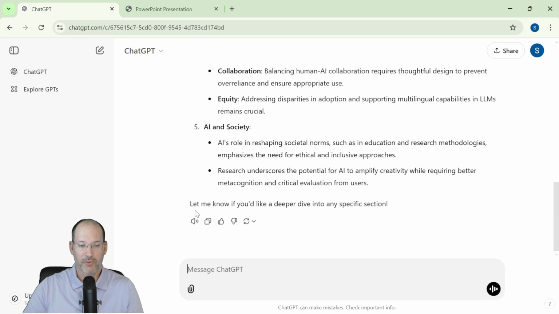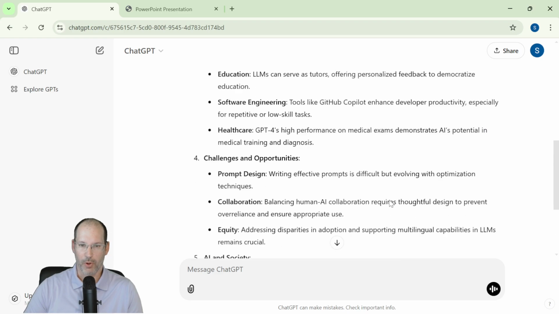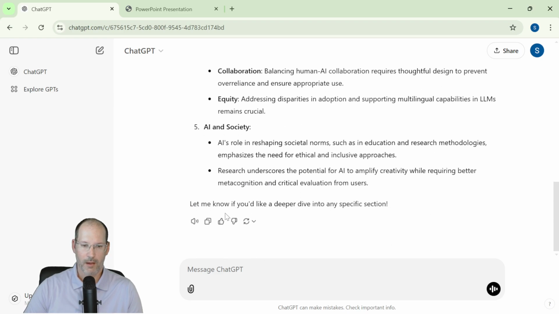Before that, actually, let's take a look at what these are. So you can read aloud. So we can have it read what is produced here. We can copy it. So if we want to take this output and put this into something else, we can. We can tell it a good response or a bad response. And this is pretty important. I don't know if a lot of people use that or not, but this is part of kind of a